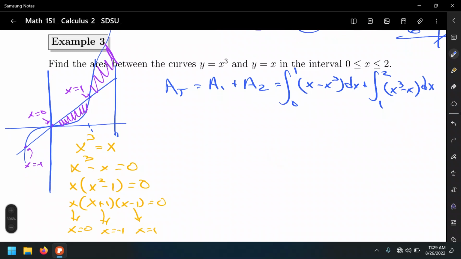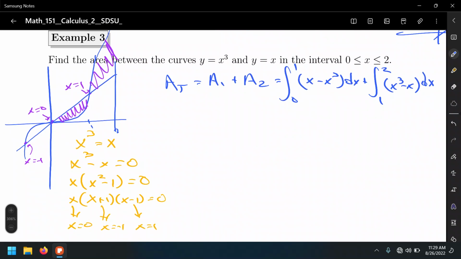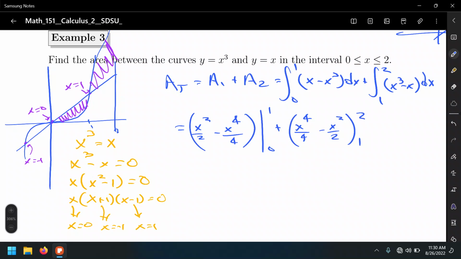Okay, so the rest of the problem is computing these 2 integrals. How about that? Well, again, general power rule, that's x squared over 2 minus x to the 4th over 4. That's the first integral from 0 to 1, plus the second integral, x to the 4th over 4 minus x squared over 2 from 1 to 2. Okay? So let's do the fundamental theorem of calculus twice, one for each group of functions. And this is going to be 1 squared over 2 minus